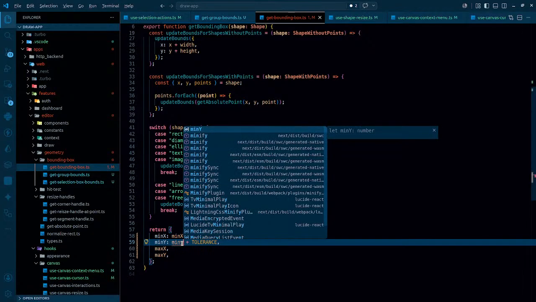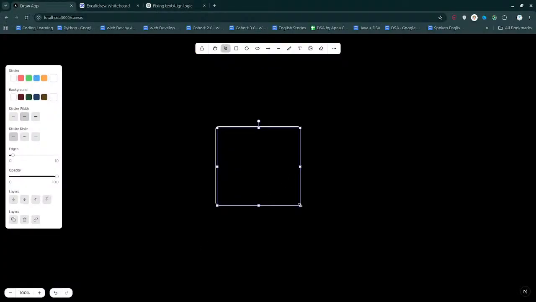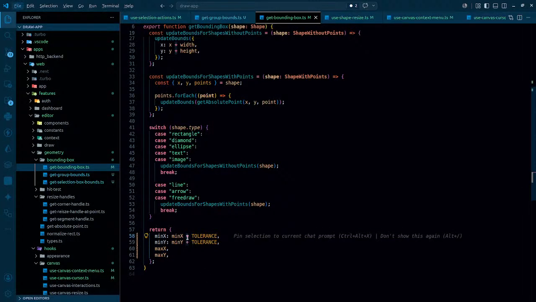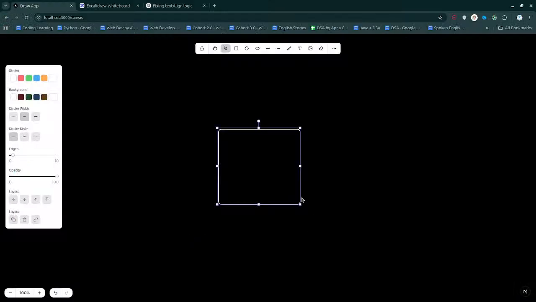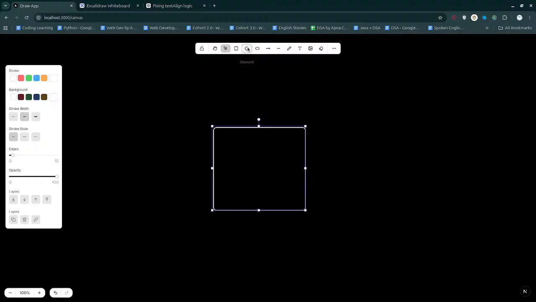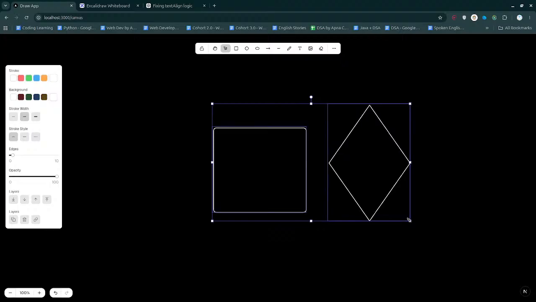We are not changing the value of the max x and max y, but I'm changing the value of this. It decreases. Instead of adding, we have to remove, right? Yeah, that's what I wanted. This is the exact result. Not exact one. It works for one shape but not for many. Okay, so